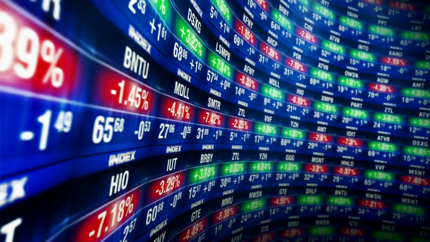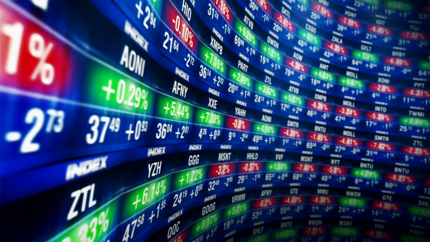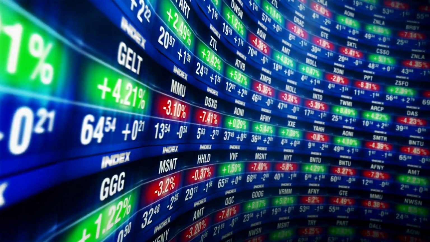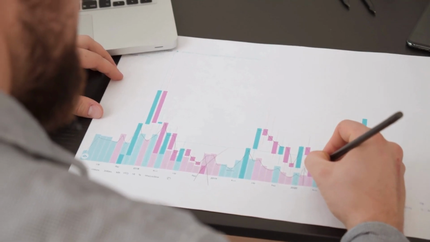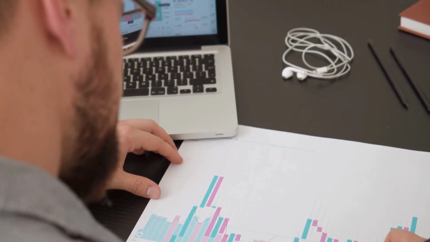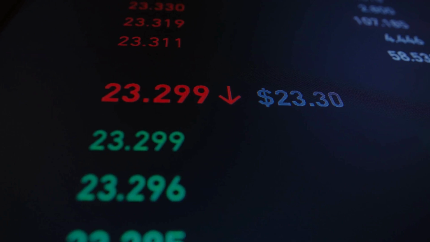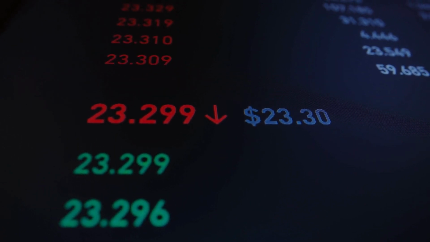However, it's important to note that using pending orders doesn't guarantee success. Markets can be unpredictable, and sometimes prices may hit specific levels only to reverse immediately, triggering the order and leading to losses. Therefore, it's always essential to accompany pending orders with good risk management by using stop-loss and take-profit levels